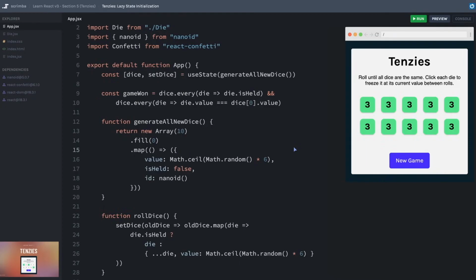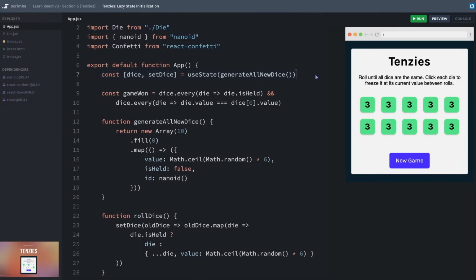What we're going to be talking about has to do with this line of code here on line 7, where we're initializing our state. We're calling useState, and then we're giving it an initial value, but the way that we're giving it an initial value is by calling a function. And at first glance, this might seem like it's fine. This is the initialization of the state, right? So it's only going to run this line of code one time and then handle any changes to that state